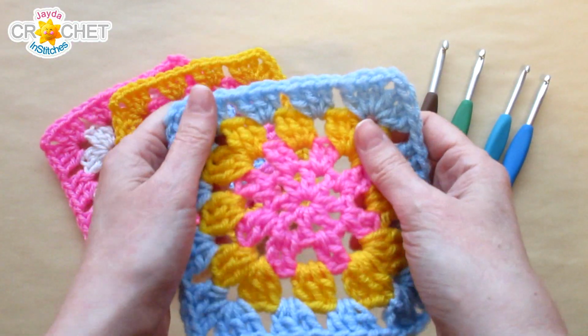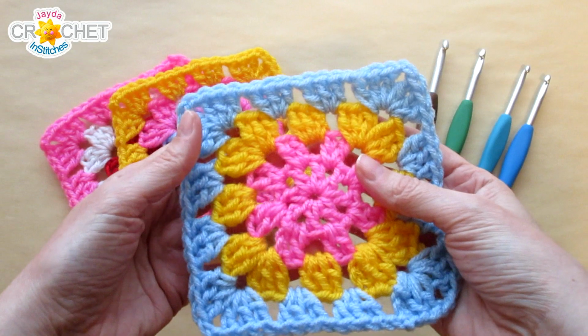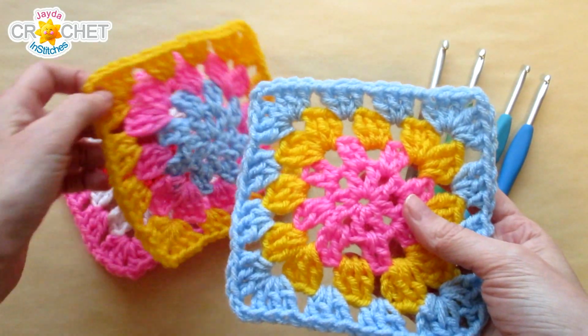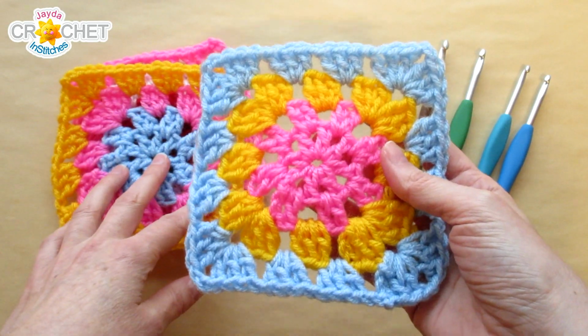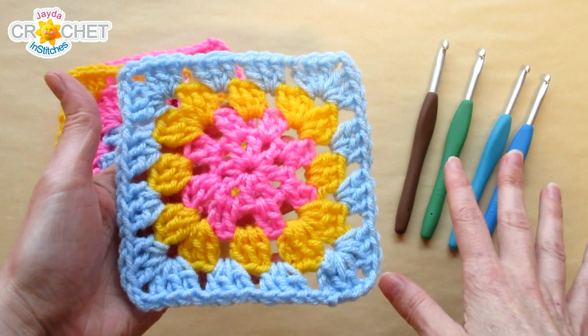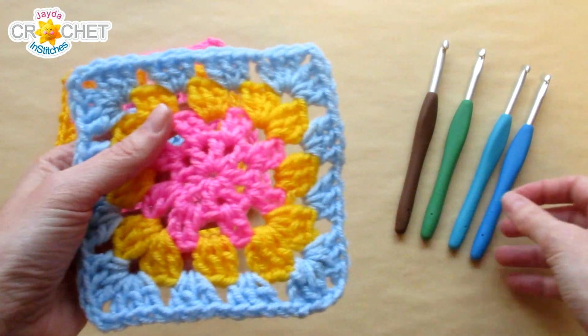If you've got a pile of granny squares lying around and you want to join them together, but you don't remember what hook you used to make them, here's a quick way to decide which is the best hook to use for joining. Grab some of your regular hooks, the ones you use most frequently, pick up your granny square,